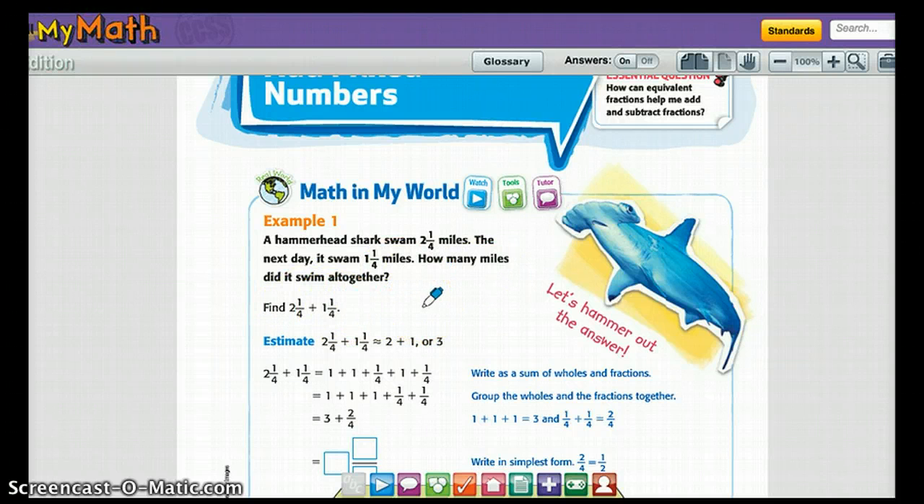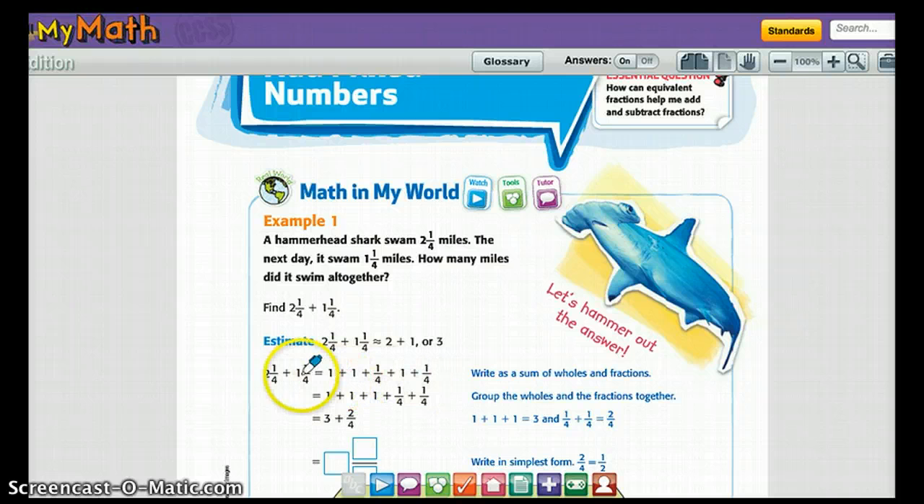So that means we have to add these together. So we're going to add 2 1/4 plus 1 1/4. So if we estimate that, we know 2 1/4 is about 2 and 1 1/4 is about 1. So it's basically 2 plus 1. So our estimate's going to be 3. So first we're going to add